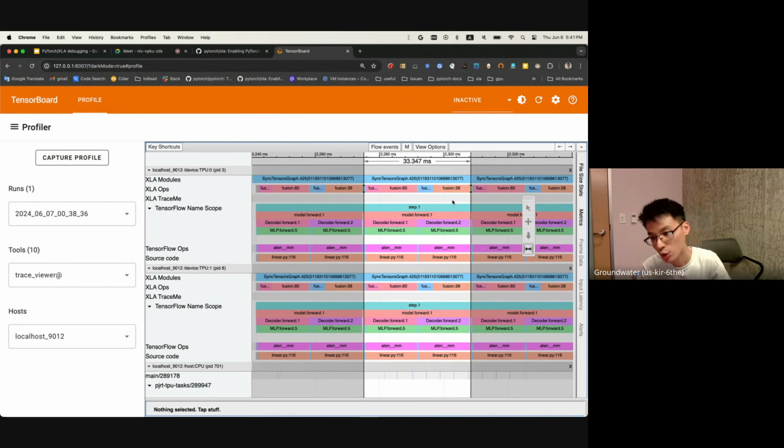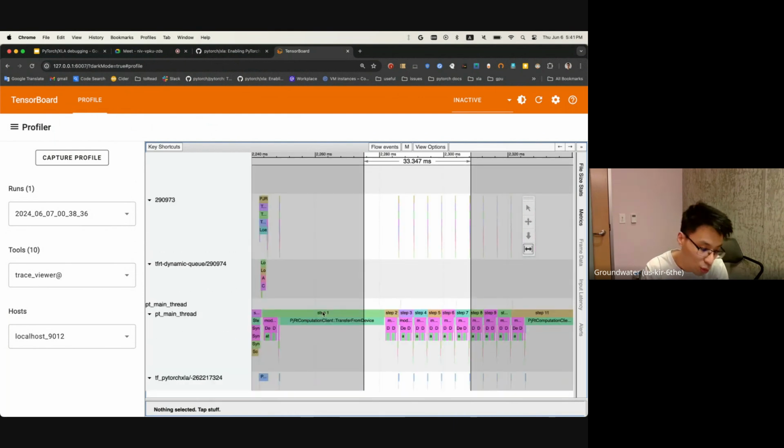That's because in PyTorch XLA we use the PJRT runtime, which has a feature for us to schedule asynchronous execution. So in the Python main thread, we will just keep tracing, which is keep running the PyTorch Python code, and then we queue up a bunch of executions to the backend, to the compiler, and the TPU. And they shouldn't be blocking. There's a limit, I think somewhere around 24 to 36, on how many graphs you can accumulate. But until you reach the limit, pretty much you can keep queuing the graph,